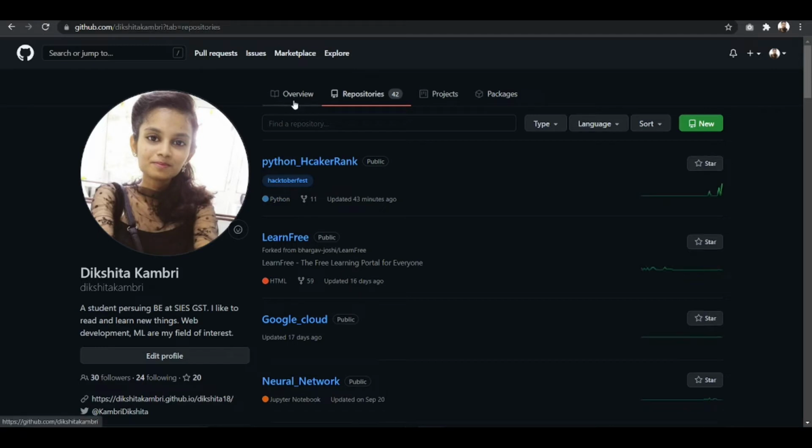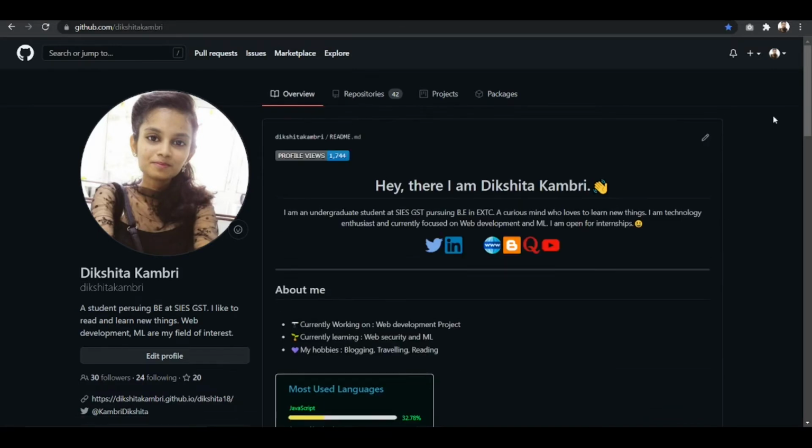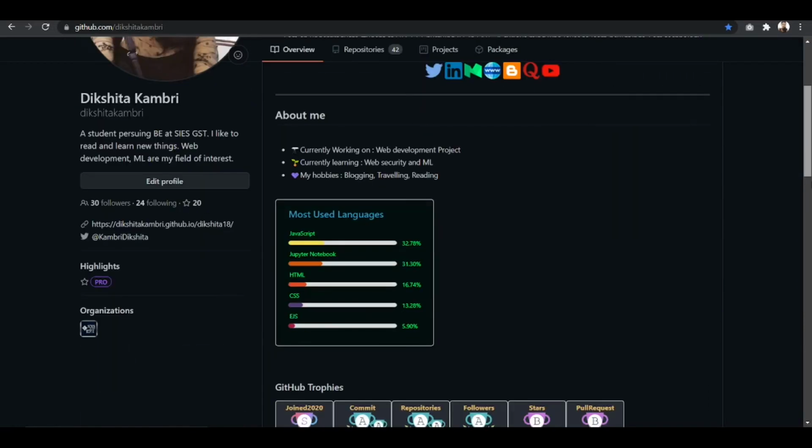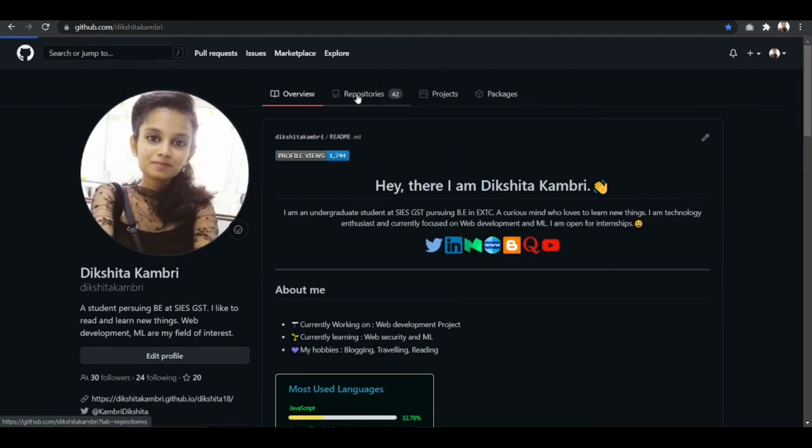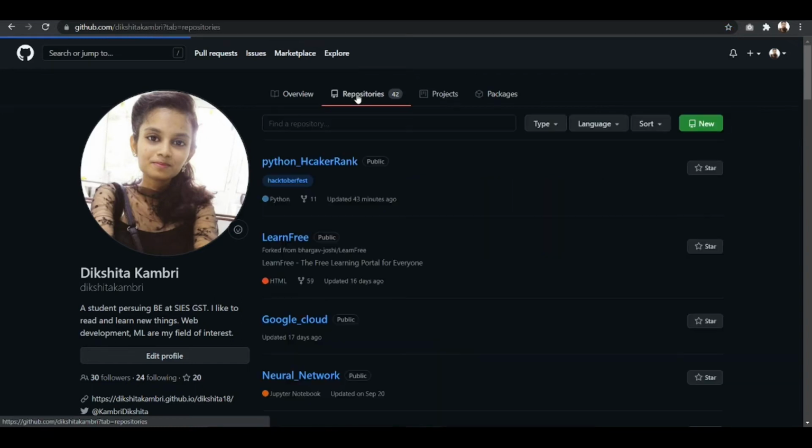Yours will not look exactly like this, because I have customized my profile by adding a readme file, etc. But all other things will be the same. You will see the repository, projects and package sections.